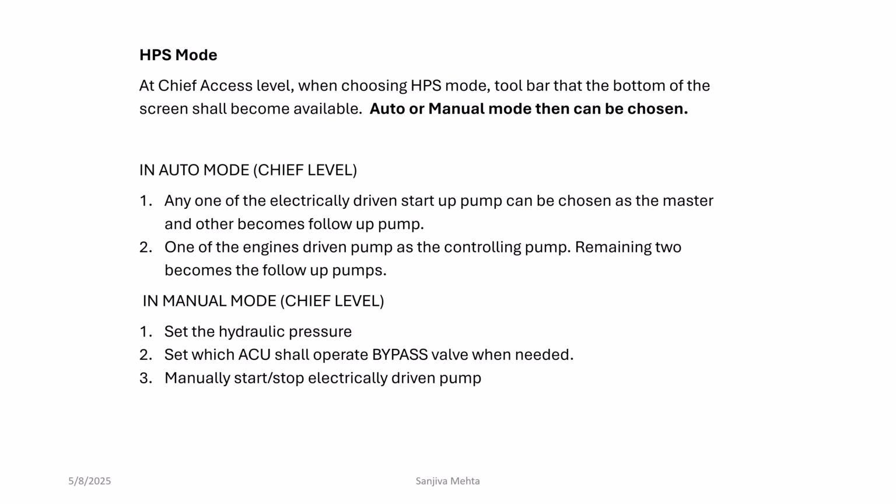HPS mode. At chief access level, when choosing HPS mode, a toolbar at the bottom of the screen becomes available, where auto or manual mode can be chosen. So you choose auto mode or manual mode. In auto mode, at chief level, any one of the electrically driven startup pumps